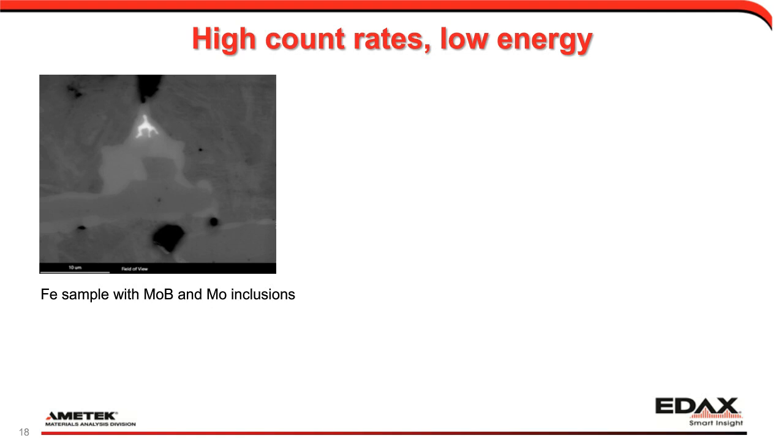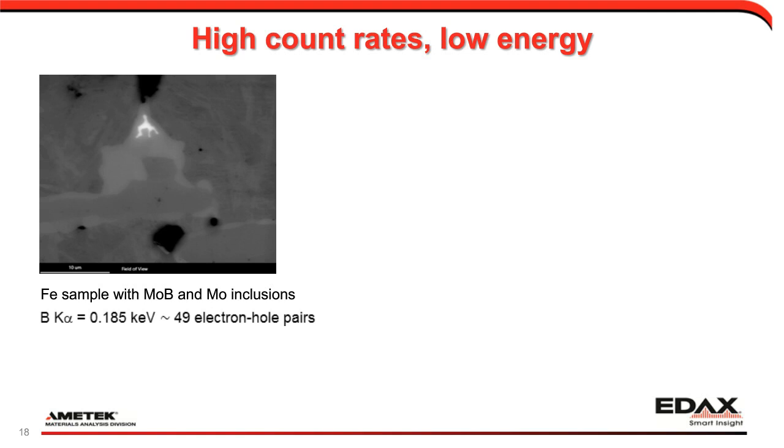So this will also answer a couple of the questions I see have already come in. We will be playing around with high count rates and low energy for this example. I have an iron sample with moly boride and moly inclusions in the iron. And boron, as you might remember from one of the first slides, is 185 eV, which means it's roughly 50